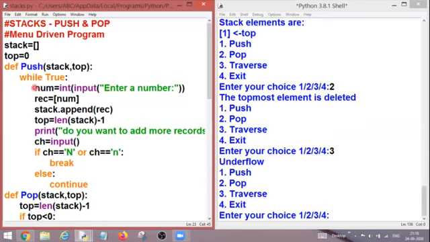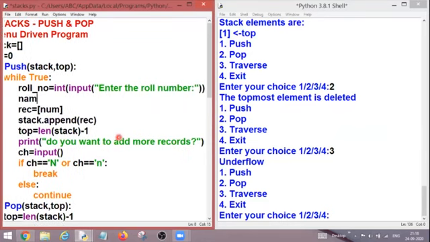So what can I do in that case where I need two variables? I'll be doing it in this way. In place of num, I'm writing roll number. So roll number is an integer, so I'm writing enter the roll number, right? And here I'm going to write name. So I need not use int over here. I'll be writing enter the name, right?